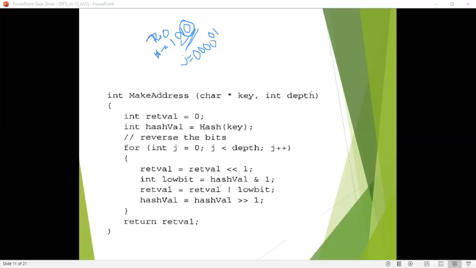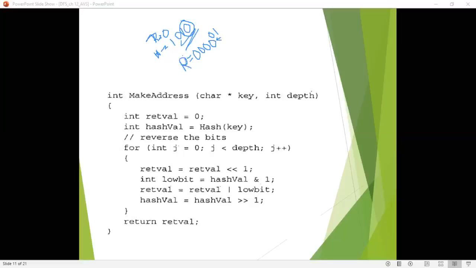Left shift by one position means you move to the left and add a 0 to the right. The result will be the same, that is 0 0 0 0. This is the return value when j is equal to 0.